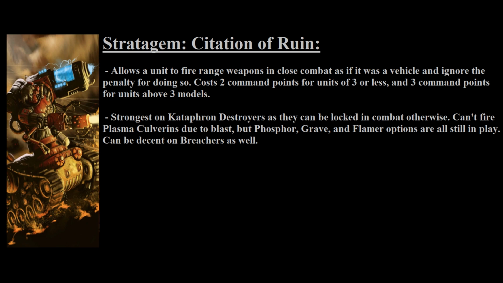Meanwhile, something like the Cataphren breachers are not the worst thing in melee, and Castellan robots can already shoot within melee, so this is a stratagem that very heavily benefits the Cataphren destroyers and solves one of their major problems. So I definitely really like this stratagem, and I think it's something we need to see more of in the